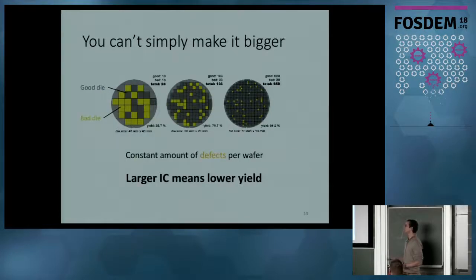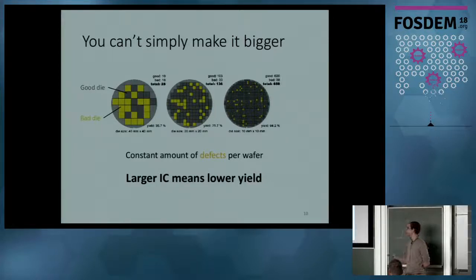One other problem is that you can't simply make the IC bigger. So here the limiting factor is that when you look at a wafer here, there's a big circle with a rainbow pattern on which you will print your ICs. You need to know that there are a constant amount of defects on the wafer. So if the ICs on the left are bigger, you will have a lower proportion of good dies versus bad dies. That's what we call the yield. So if the yield is lower, the chip will be more expensive. So you need to limit the size of the chip so that the yield is sufficiently high